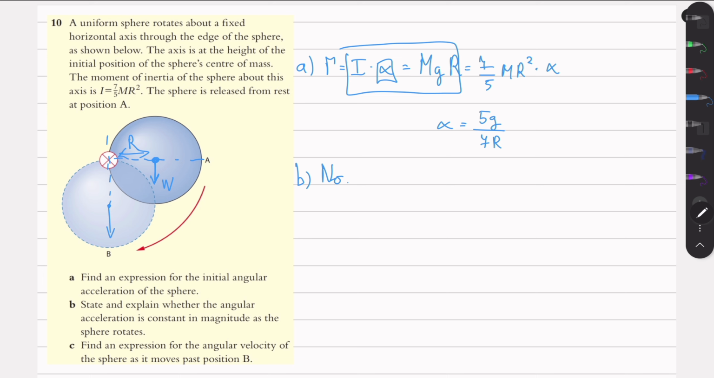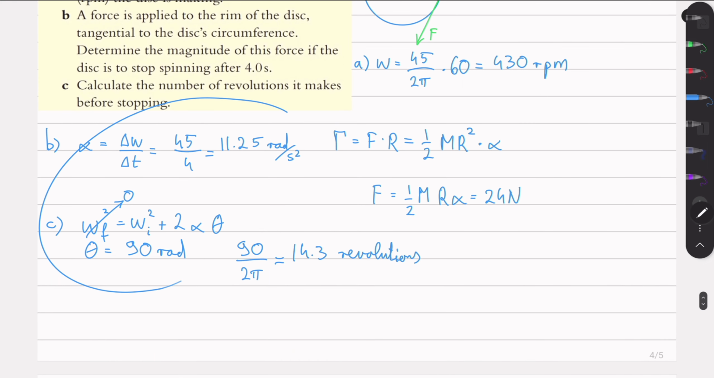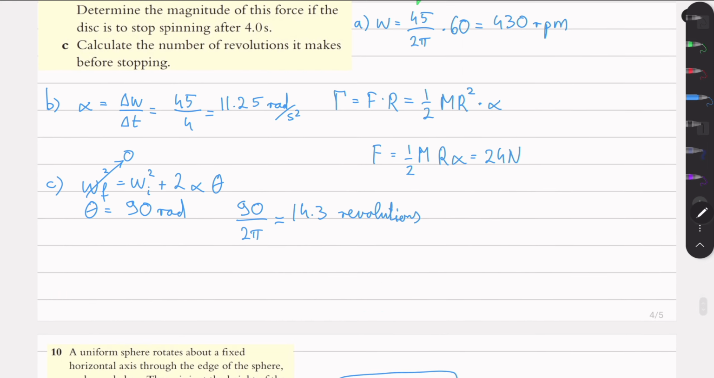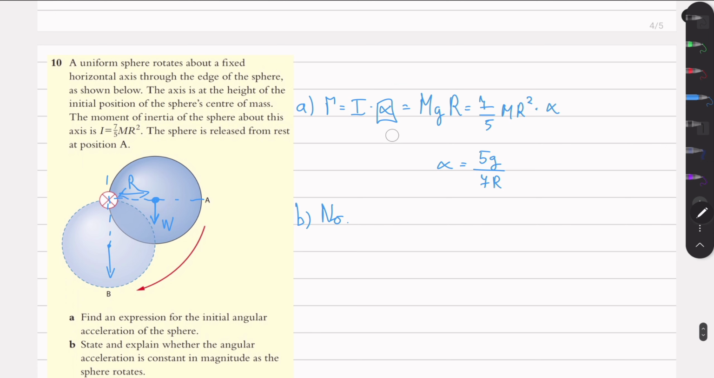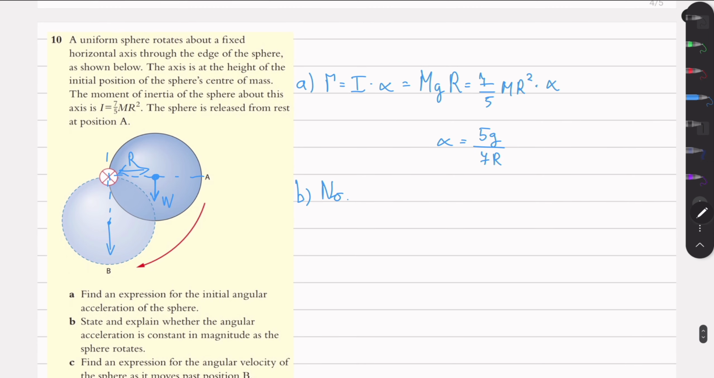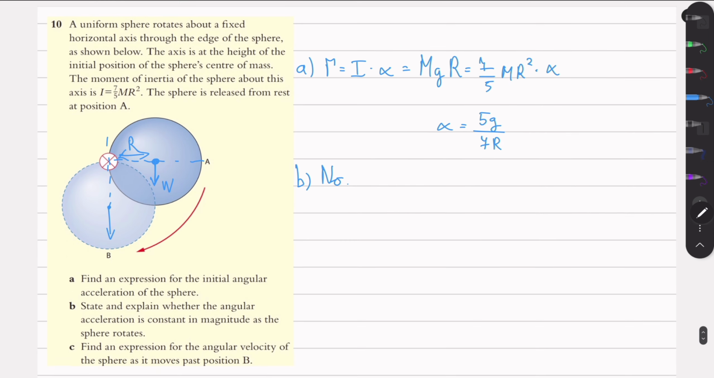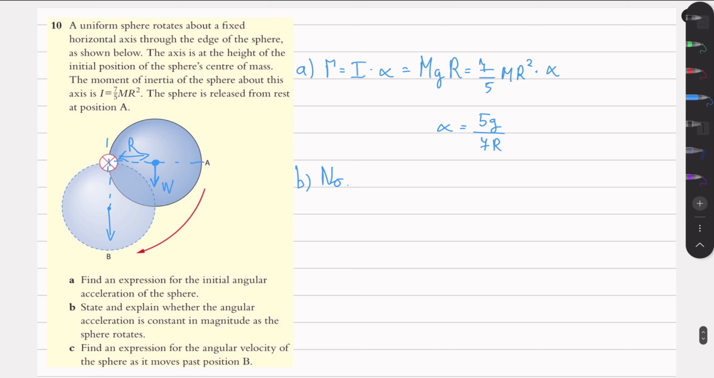So we cannot state it has constant angular acceleration, and therefore we cannot use any of these Suvat equations, which all assume constant angular acceleration like these equations here, because our angular acceleration is not constant. So we cannot use any of these equations, and this does come up in exam questions as well. So yeah, the distance is not constant,